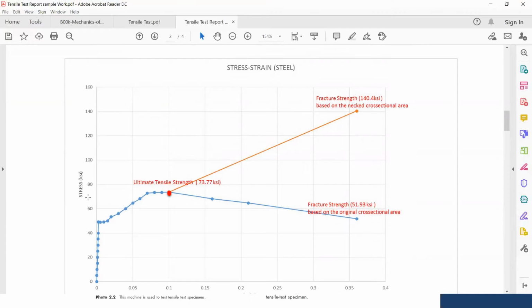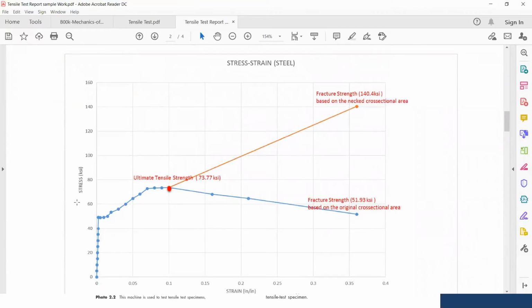If I look at the x-axis and y-axis, on the x-axis I have my strain measurements, and on the y-axis I have my stress. So when you are writing your report, when you are working on these graphs,